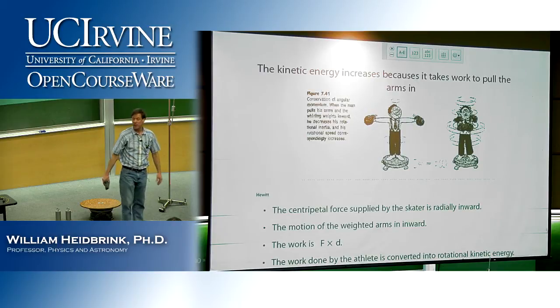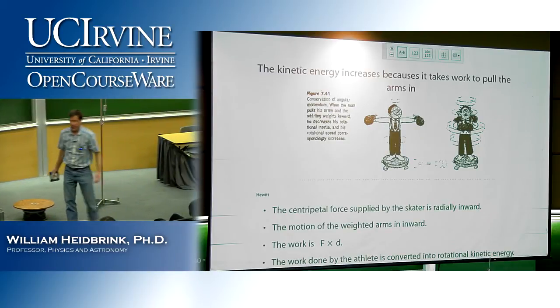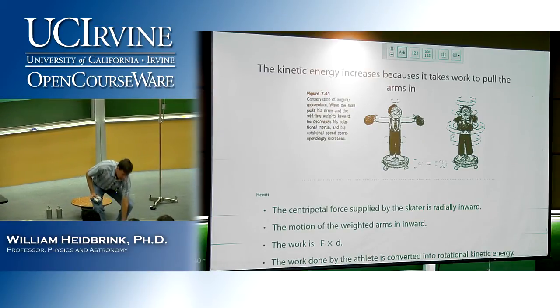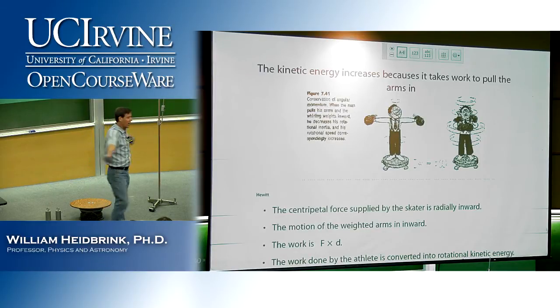It's called centripetal acceleration. Did you hear that? It's centripetal acceleration, and it points in towards the center. So in order for this object to go around in the circle, there has to be a centripetal force pulling it in towards the center, and the object, if left to its own devices, would fly off the other way. So what I have to do is, you know this from experience, if you're spinning around, the weights